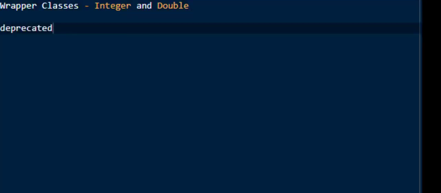Coming to the last section of this unit, wrapper classes, that is Integer and Double. For every primitive type in Java, there is a built-in object type called a wrapper class. The wrapper class for int is called Integer and for double it is called Double. Sometimes we need to create a wrapper object for a primitive type so that you can give it to a method that is expecting an object. To wrap a value, call the constructor of the wrapper class in earlier versions of Java. In Java 9, which we use nowadays, this is deprecated, which means it is not the best way to do this anymore, and instead we just set it to a value.